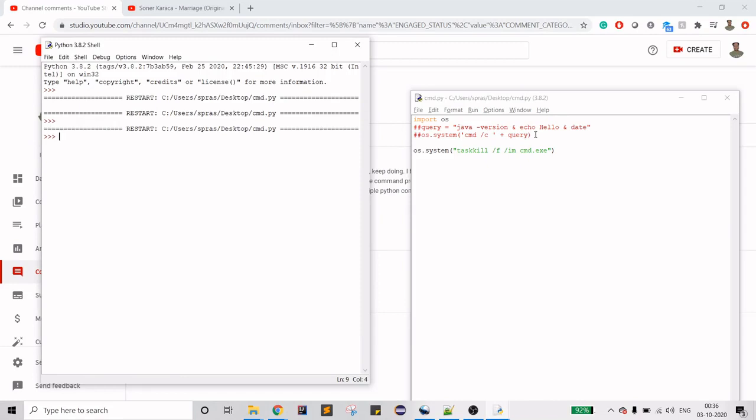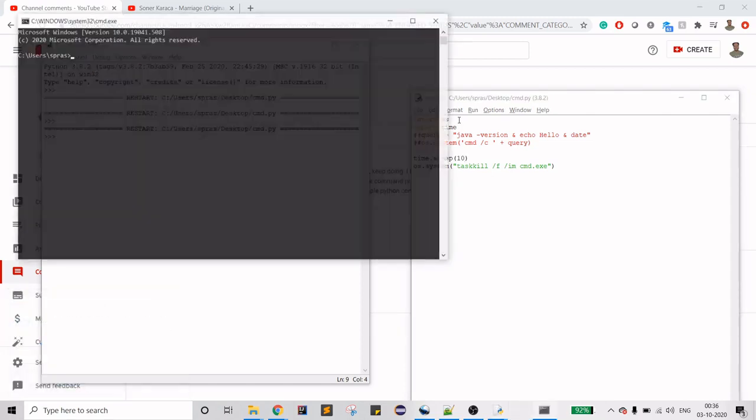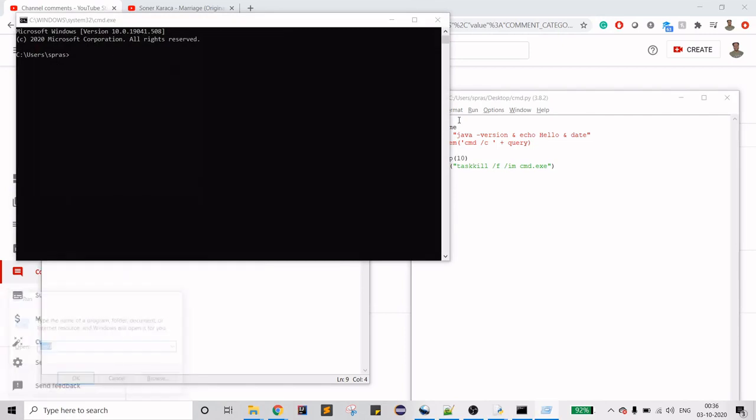But if you want to do it in a timely manner, what do I mean by that? If you want to wait for a certain time, let's say 15 seconds, you can do that. You just have to use sleep and then you have to provide the seconds. So I'm just using 10 seconds and let me open a few command prompt windows.